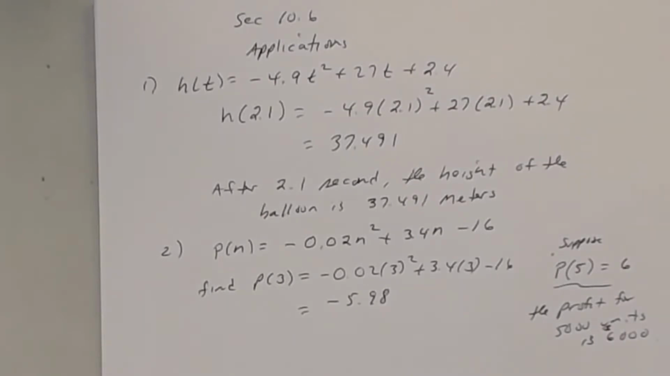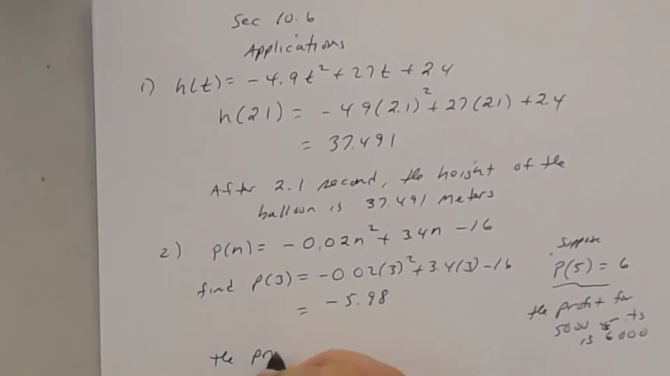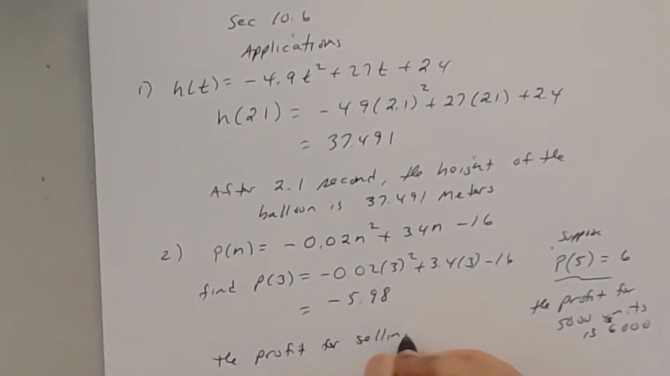Now notice this time the profit looks negative, right? So you're actually losing money. And there could be reasons why your profit margin could be negative. Okay, but the interpretation would be this. You would say not 3 units, but you say the profit for selling